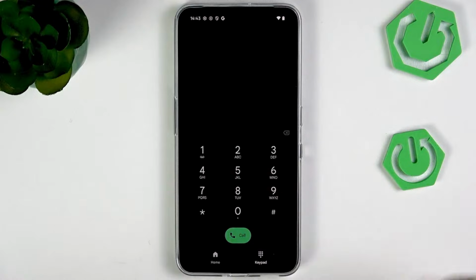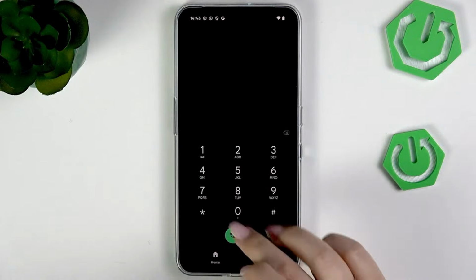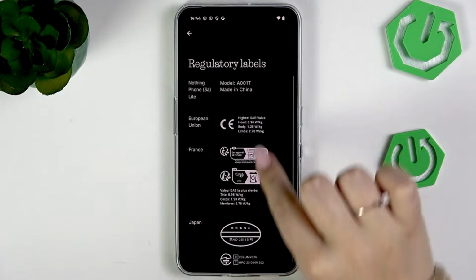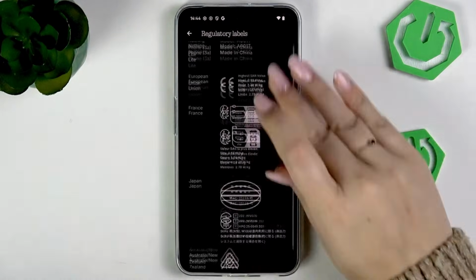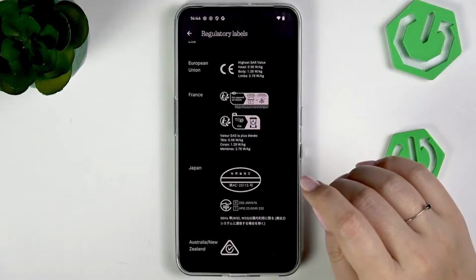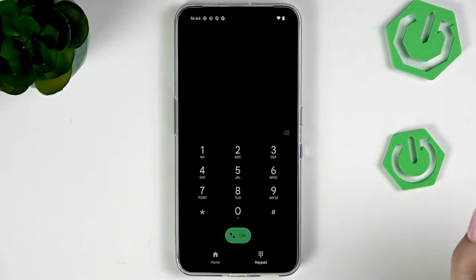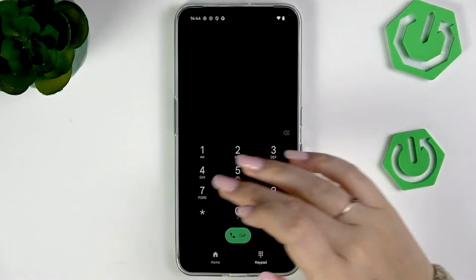Now another code, which is actually similar to the previous one. It is *#07#. And now you can see that here we've got regulatory labels, so we can check the technical information about this device. Another code which we can enter is